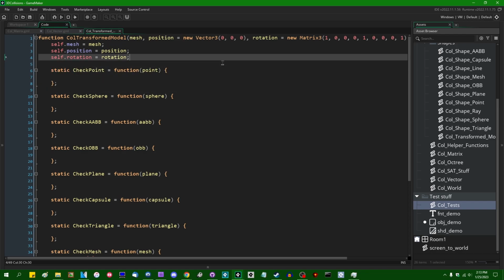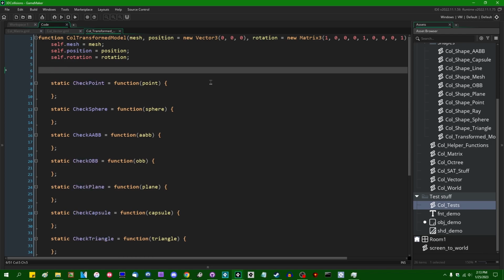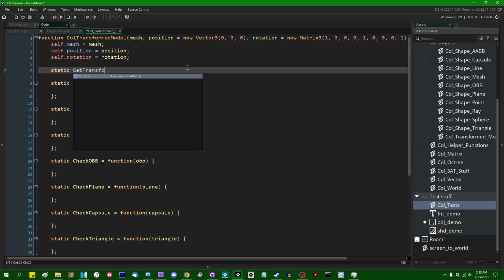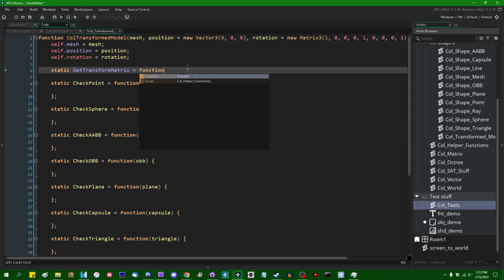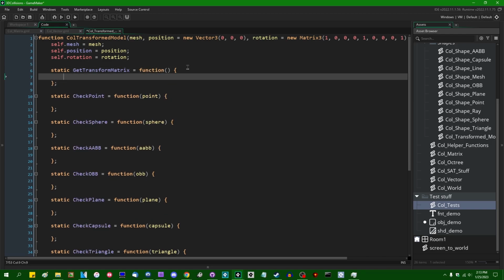Anyway, one thing that I'd like to add to the top of call transform model before we move on to the actual collision shapes is going to be another method, and I'm going to call that static get transform matrix. And that's going to simply return a transform matrix with the rotation and position combined into a single world matrix. And this is going to look a lot like multiplying a position by a rotation or anything like that. Well, we're just going to return